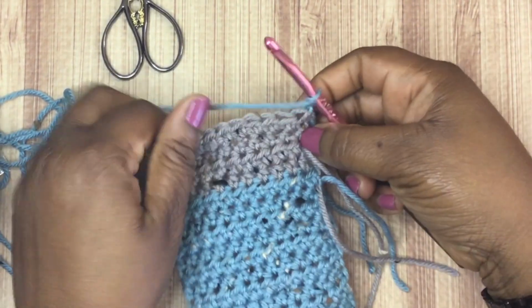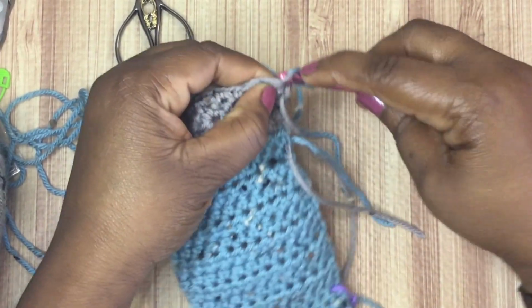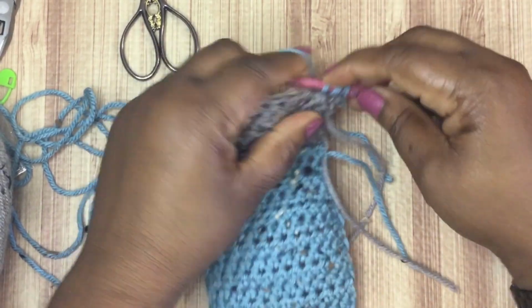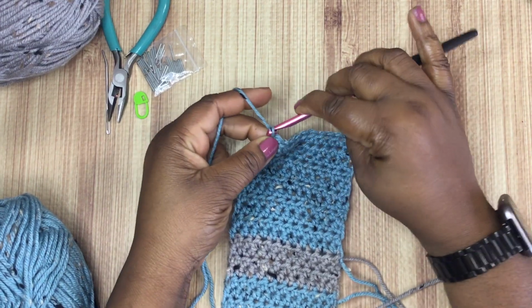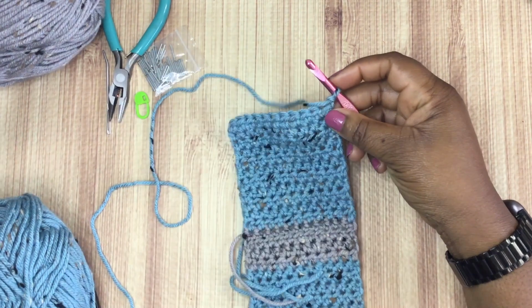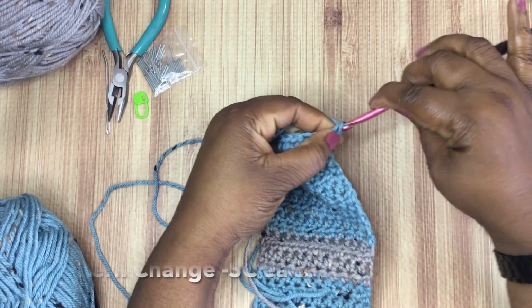And then once I've done that, I'm basically going to do 12 more rows of half double crochet stitches. Okay, after I've completed my 12 rows, I'm going to do a pattern change one more time, and that's because we're going to do exactly what we did in the beginning here at the end, and that is just 7 rows of single